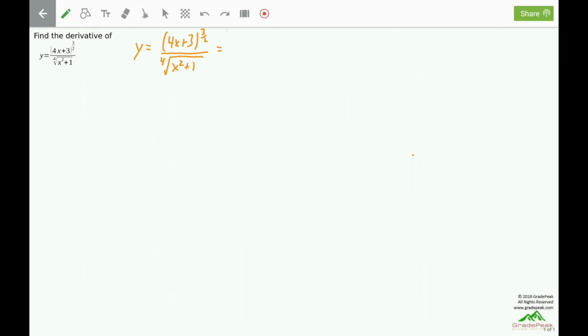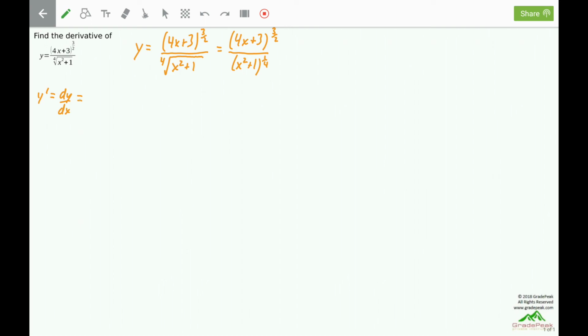But before we do that, let's rewrite the denominator as a fractional exponent. The numerator I'll just leave the way it is, so (4x plus 3) to the 3 halves power. And in the denominator we have the x squared plus 1, and it's to the first power and fourth root, so 1/4 power overall. The derivative, y prime, which can also be called dy dx,